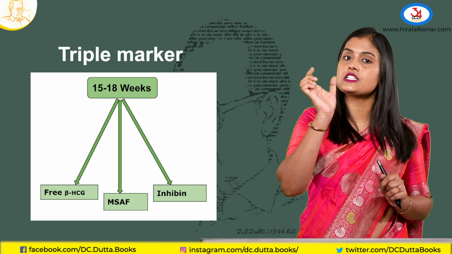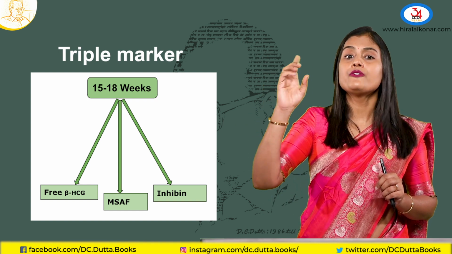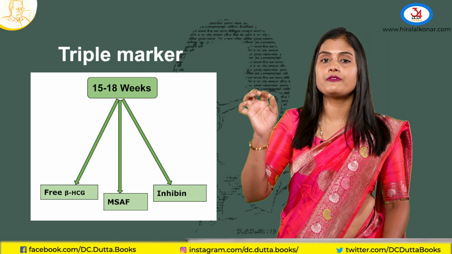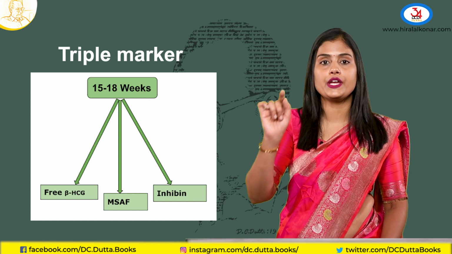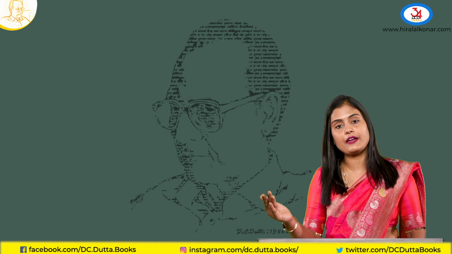Coming to the biochemical markers which we do in the second trimester, that is the triple marker. Triple marker is done between 15 weeks to 18 weeks of gestation. What is included in the triple marker? Firstly, free beta HCG, unconjugated estriol and maternal serum alpha fetoprotein. These are the three things we do for a triple marker between 15 to 18 weeks of gestation. Coming to the quadruple marker, when you add inhibin to these, that becomes a quadruple marker. And these two are your second trimester investigations. These are done if your first trimester investigation is abnormal or if the patient has high risk factors